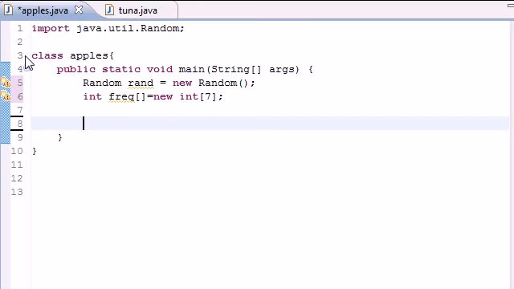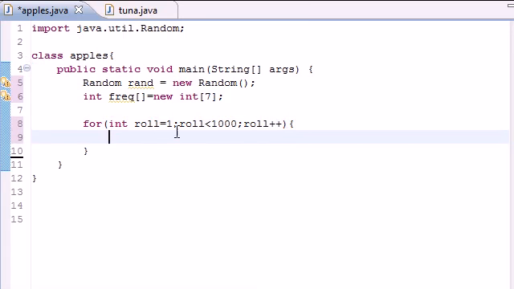So now we can go ahead and make a for loop to roll the die 1,000 times. So let's go ahead and put for and just put int roll equals 1. We'll start at roll number 1, and if you want to roll 1,000, just go ahead and put 1,000, and of course go ahead and increment it by 1, and again this just loops 1,000 times. So you should know that, but what I want to teach you guys is this: anytime that roll pops